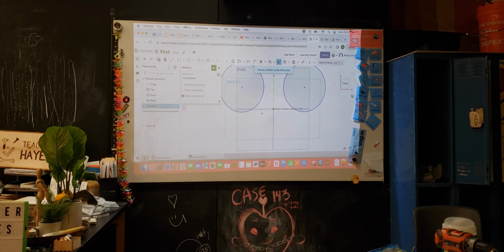When you're doing the mirror, you have to make sure whatever line you're mirroring over is directly in the middle of whatever it is, because it'll do it exactly equidistant to whatever line you select first. You want to make sure the line you're mirroring over is in the middle of where you want it mirrored, right? If it's slightly off, everything will be slightly off. So yeah, you mirror that, and then